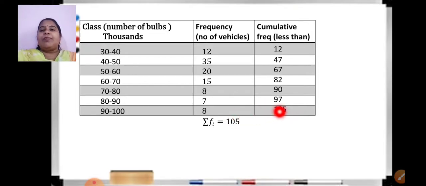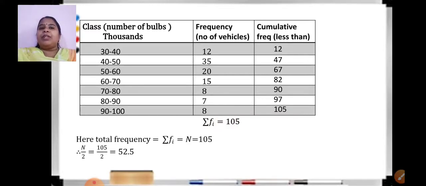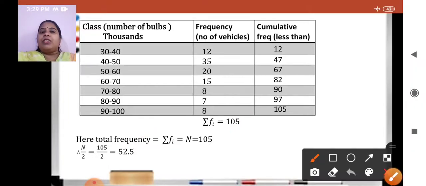So it's 105. Now what was the next thing that we used to do? We have finished the cumulative frequency. We know the value of summation of Fi, that is capital N. Now depending upon the value of N upon 2, we will decide the median class. Okay, so N upon 2 will be how much? It's 105 divided by 2. So it's 52.5. Now the next step was, once you get the value of N upon 2, you need to search where this value 52.5 will lie in the cumulative frequency column.